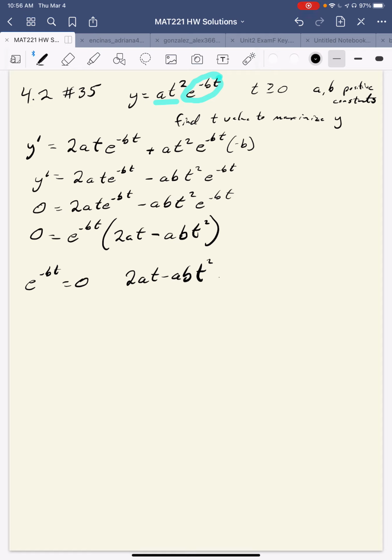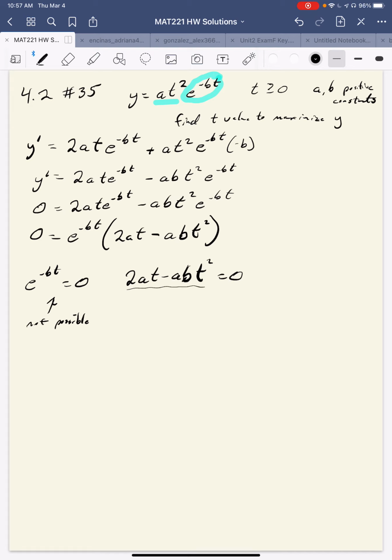Okay, so now I know that either e to the negative bt equals 0 or 2at minus abt squared is equal to 0, or potentially both, but in this case, this e to the negative bt can never be 0. E to any value at all can never be 0, so this is not possible. So that leaves us over here that we have to figure out what would make this expression here equal to